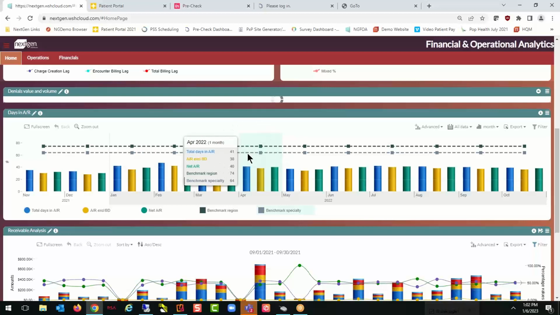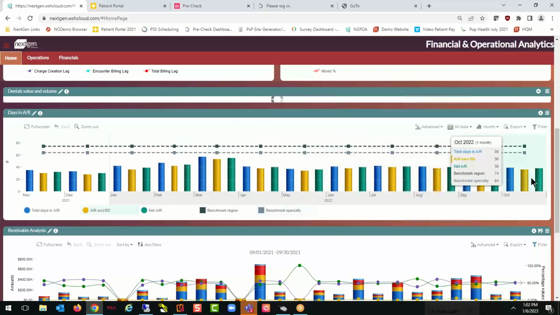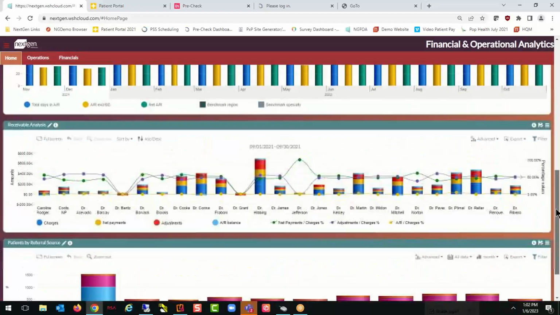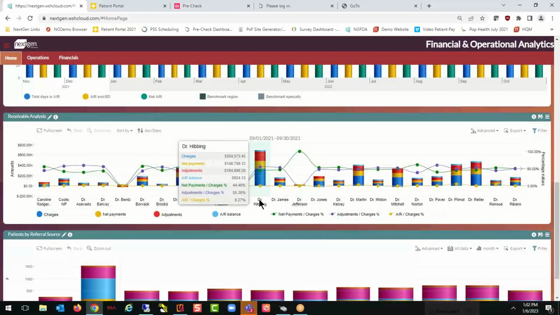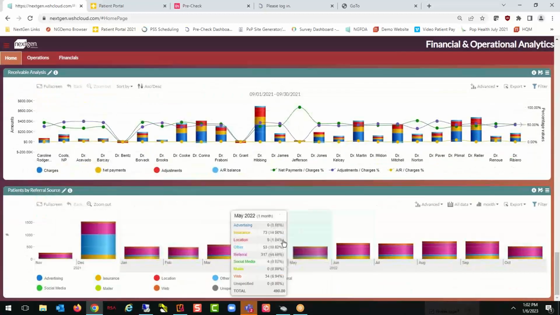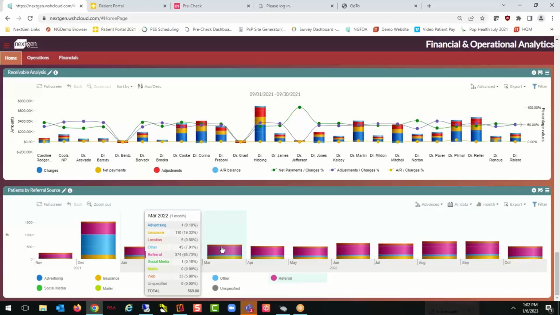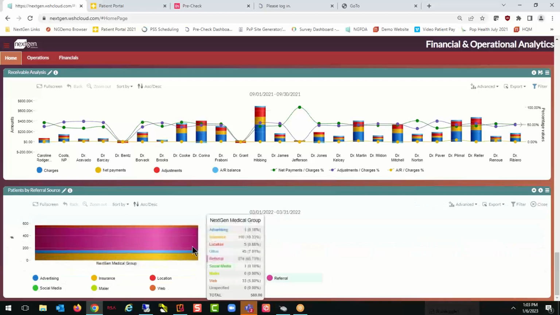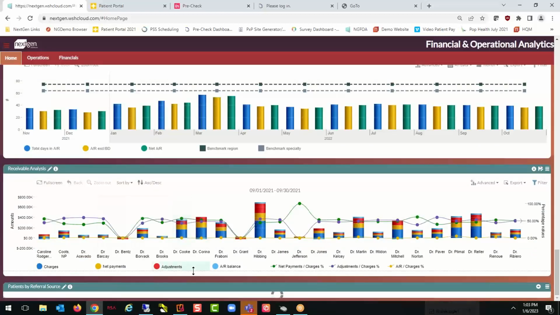We have examples of being able to look at the benchmarking information. Another receivable analysis, this is by provider. You can see here, and you can see again what's represented if I hover. And then patients by referral sources. If you're capturing where those referrals are coming from, you can make it required in NextGen that information is captured